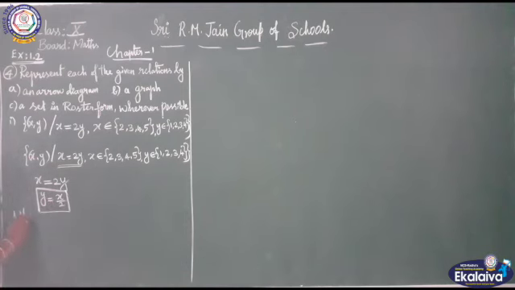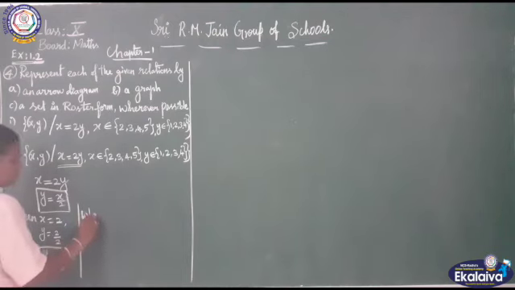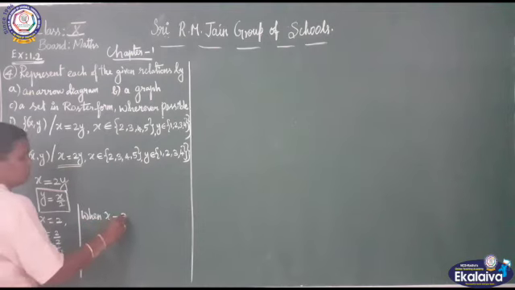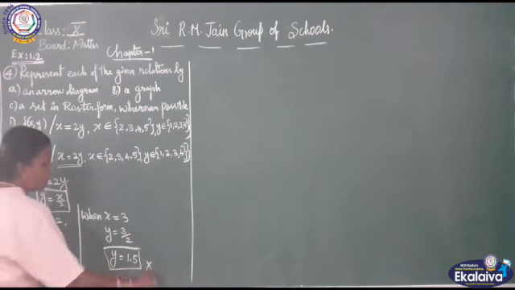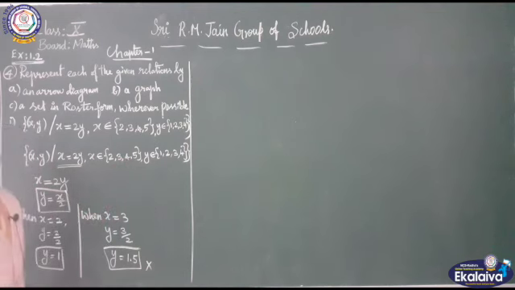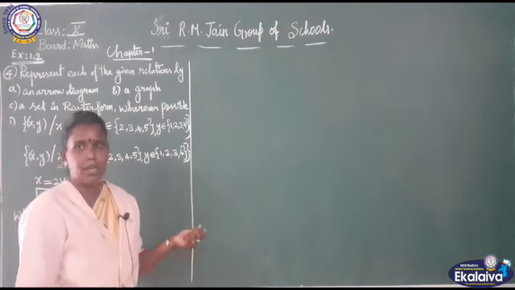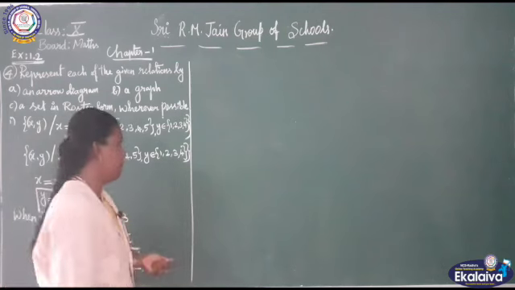So, first when x = 2 we will get y = 2/2. So, the value of y is 1, clear. Again when x = 3 we will get y = 3/2, we will get the y value as 1.5, but which is not in the y set, am I right? So, we can't write that as a relation or we can't write that as a pair.